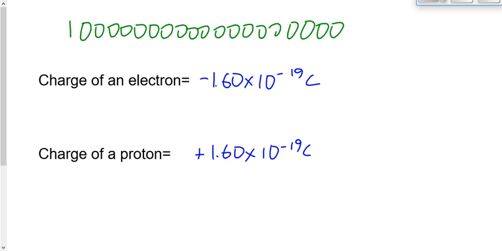Do you have to remember those numbers? Well, I'll tell you what, you're going to use them enough that you probably by the end of the year will remember those numbers, but you don't have to. You can always look on your data sheet, and in fact, you will probably have to look on your data sheet, at least for this unit, because you're not going to have them memorized by tomorrow. To find them on your data sheet,